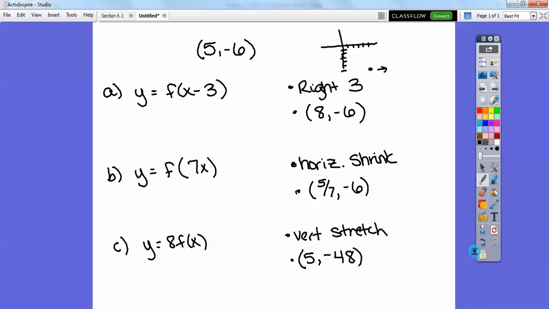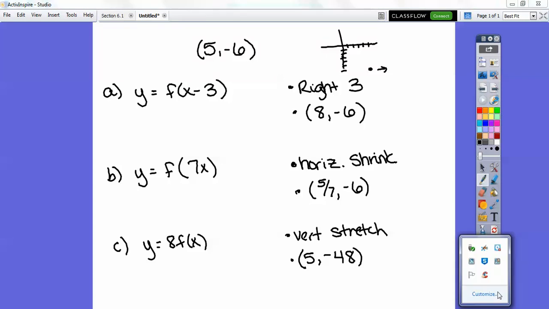We will go over this handout tomorrow in class. You need to have this and the math